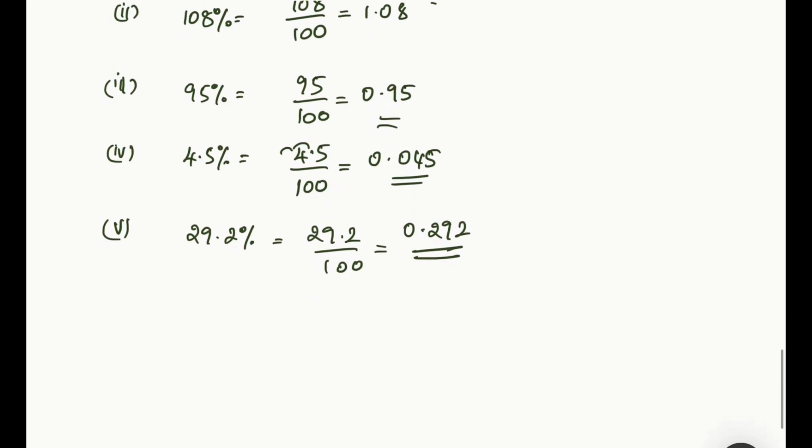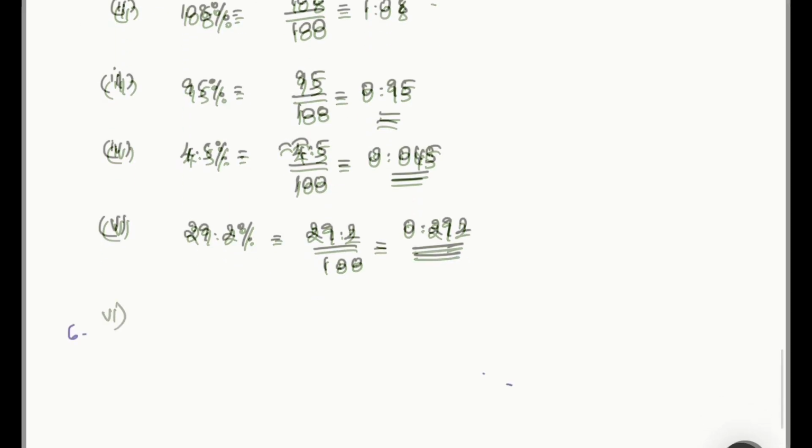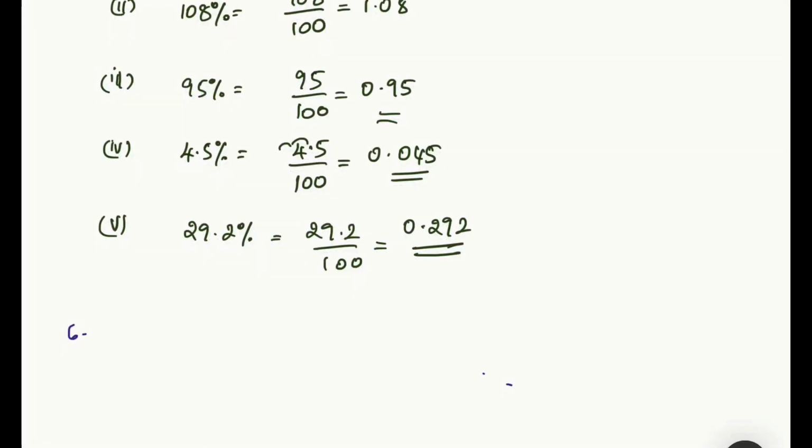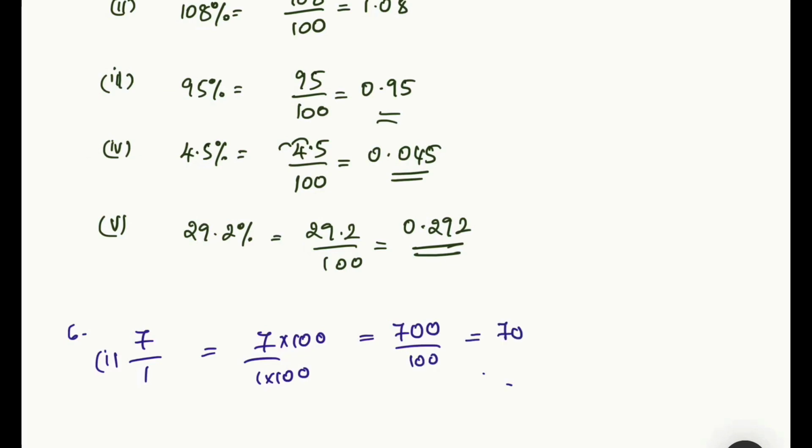Okay. Now coming to the sixth main. Express each of the following numbers as percent. So we have 7 here. So it's in the form 7 by 1. Denominator should have 100, right? So multiplying with 100 you get what? 700. Correct. 700 by 100. That is equal to 700 percentage. This is how you do it.